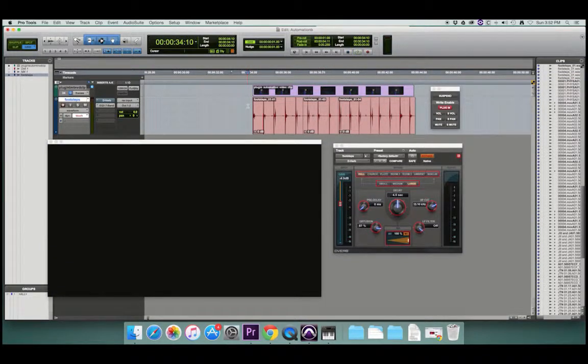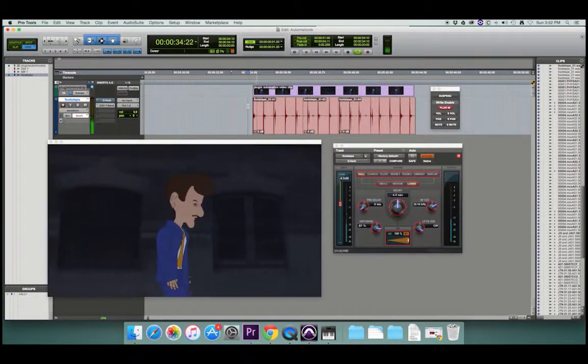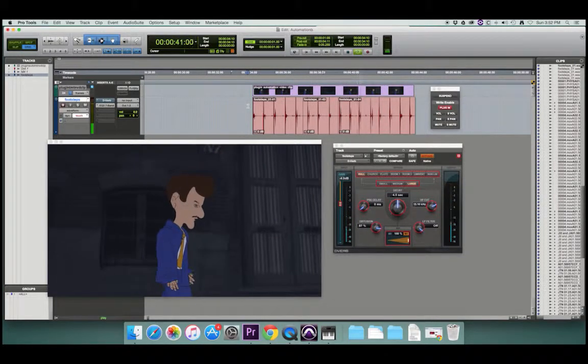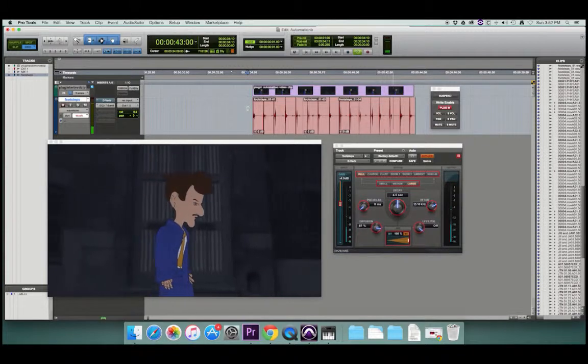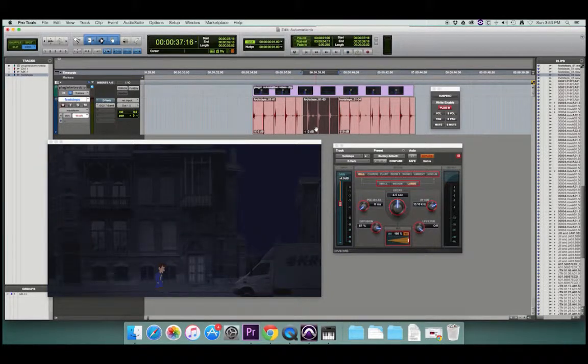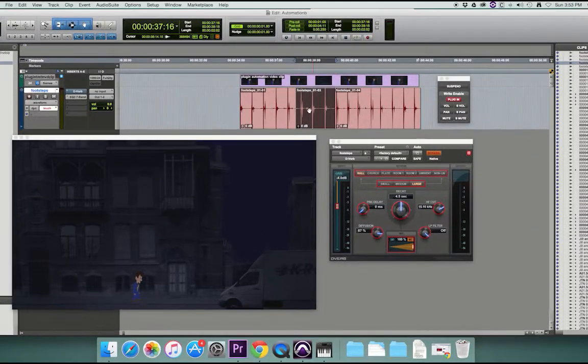For example, we have this character walking in close-up, cut out to wide, then we cut back to close-up. So we want to make the footsteps approximate the perspective of the camera. This is where you'd use snapshot automation. So again, snapshot automation is automation that really remains static for the duration of a selection or a clip. But then after that clip is over, it'll go back to its neutral state of being bypassed or a different